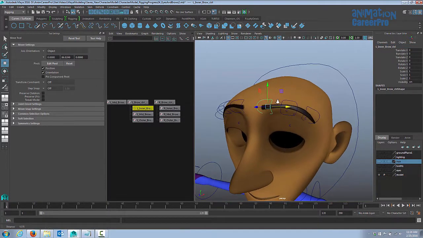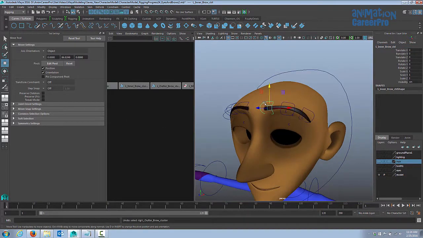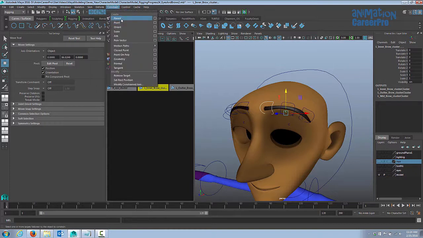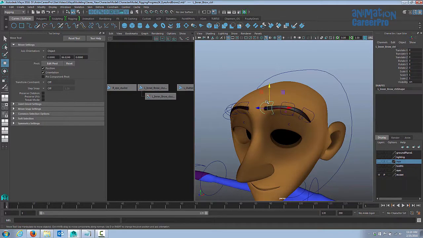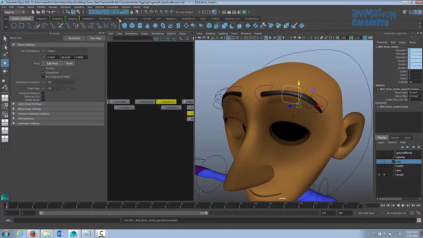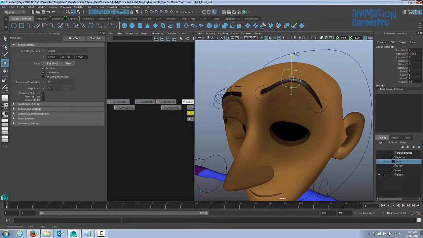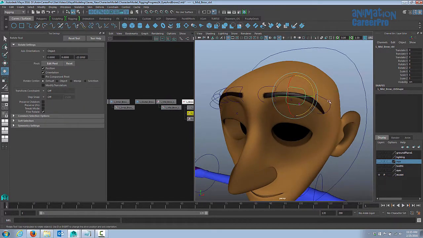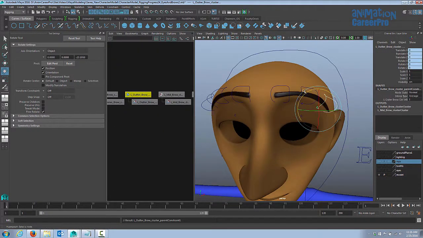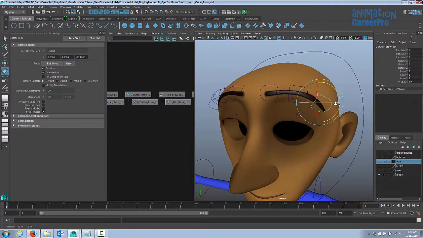Now we're going to parent constrain each control to its cluster. So we'll select the control first, and we'll find the left inner brow cluster. Shift select that, so we have both selected. And we'll go to constrain, and we'll use a parent constraint. So now if we select the control, let's do the same thing with the mid and the outer. Test it, make sure it's working. Zero it back out, and let's do the outer. And we'll just test it really quick.